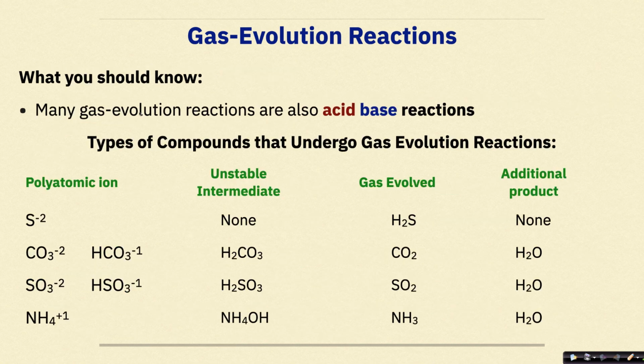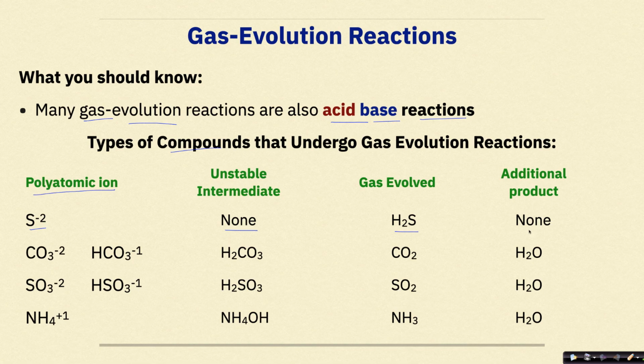What else should you know about gas evolution reactions? Many, not all, but many gas evolution reactions are also acid-base reactions. So the type of compounds that undergo gas evolution reactions, many times they're going to involve the following polyatomic ions. So we know that the sulfide ion is a weak base. If you have an acid reacting with a compound with the sulfide ion in it, it won't form an unstable intermediate, but in a double replacement reaction, it could form hydrogen sulfide, which is our gas, and there will be